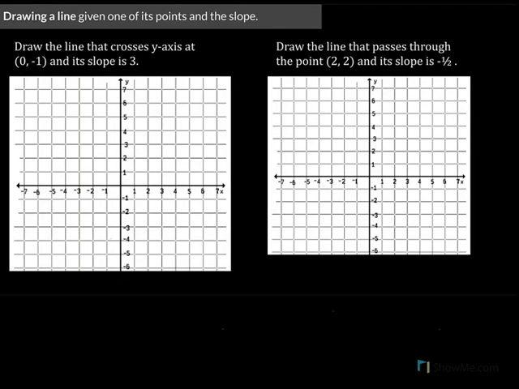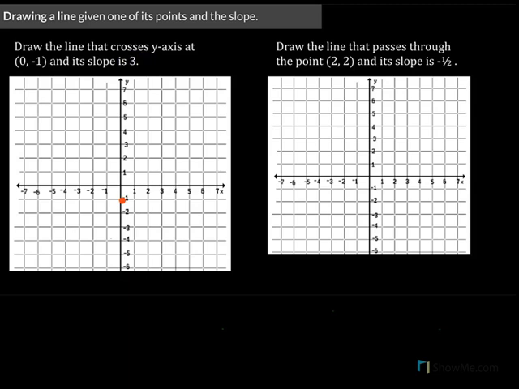In the second part of the video, we're going to be drawing the lines if we're given one of its points and the slope. So let's start with the first line. I am given the point 0, negative 1, 0 on the x-axis, negative 1 on the y-axis, so that's here. And I will work with the slope,